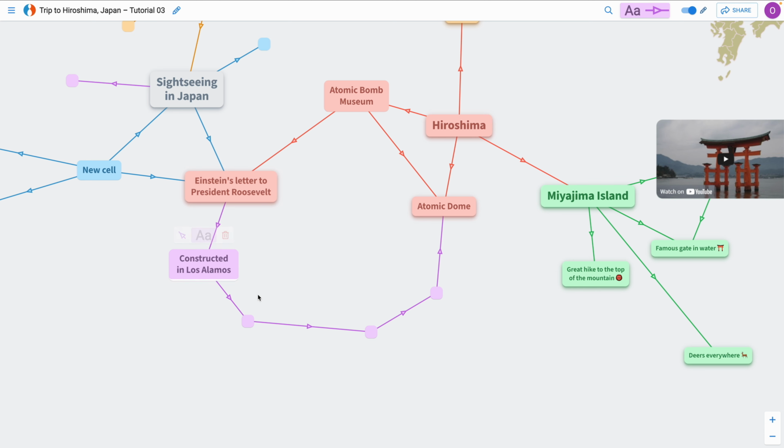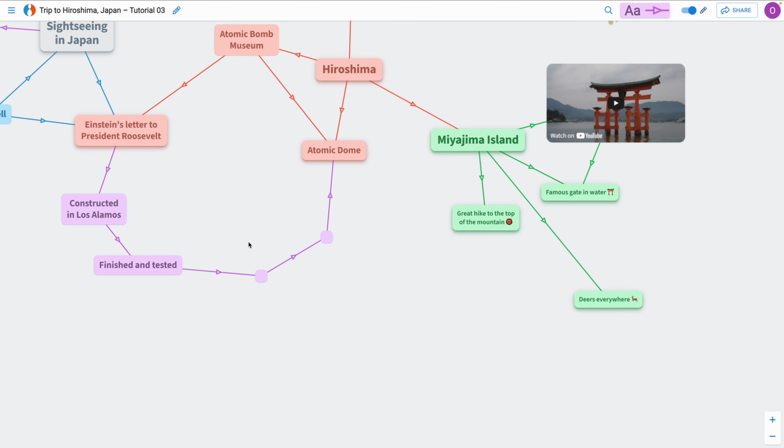And then the first atomic bomb was constructed and tested, or let's say finished and tested. And then it was used twice. So it was used in Hiroshima, and then later it was also dropped on Nagasaki, which actually was